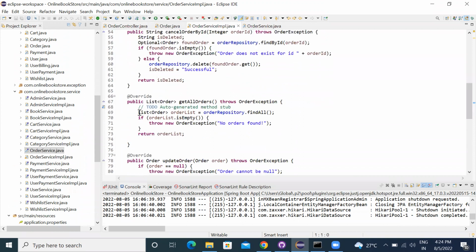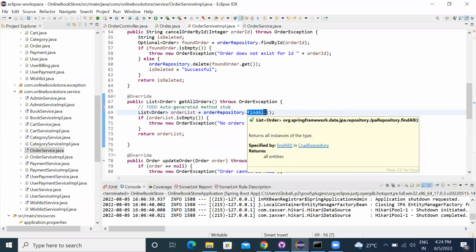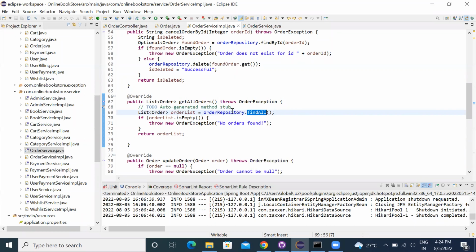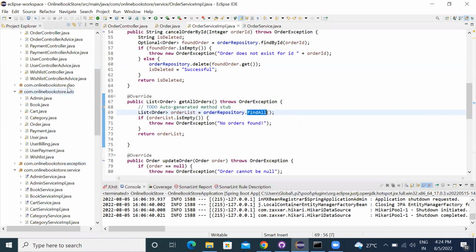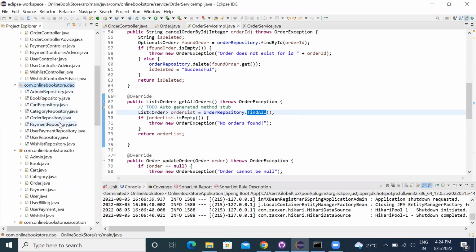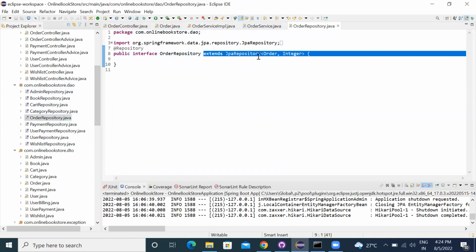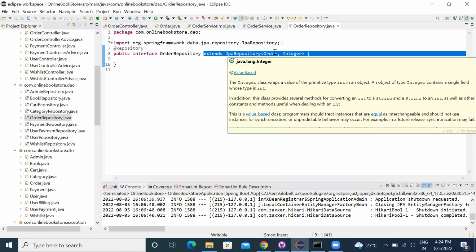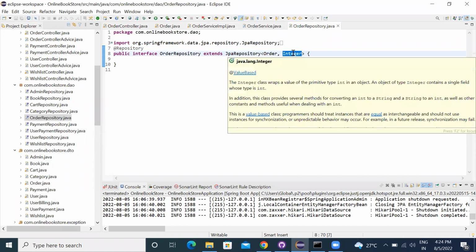This one, sir. Okay. So, sir, in this we are using order repository dot find all, which is a predefined function in JPA repository, sir, which we are extending in the order repository. Just a minute, I can show you. So we are extending this order JPA repository, and this is our order class, and this is the data type of primary key, sir.